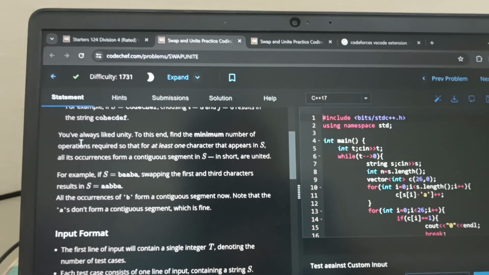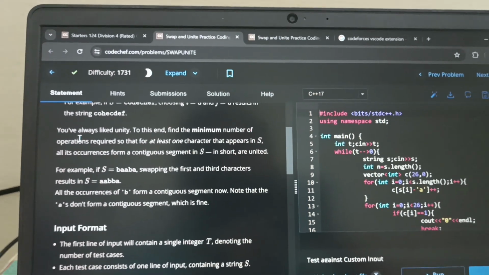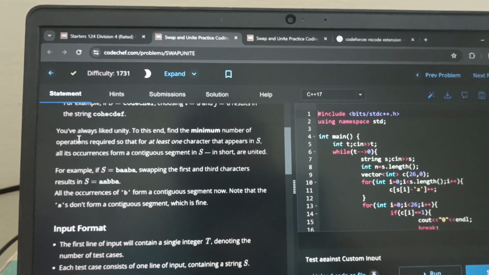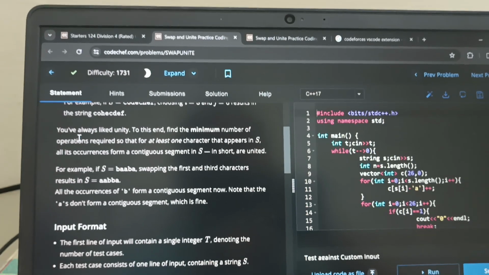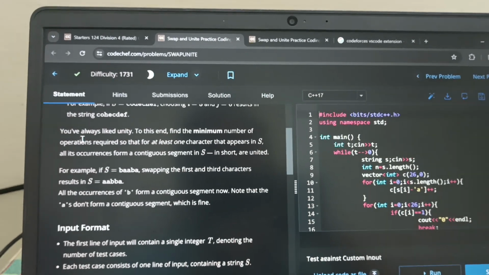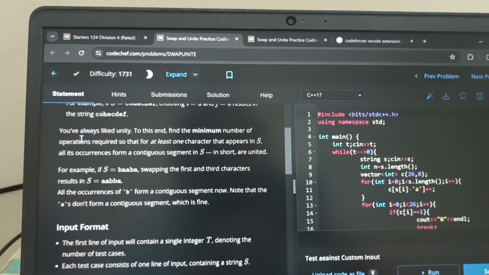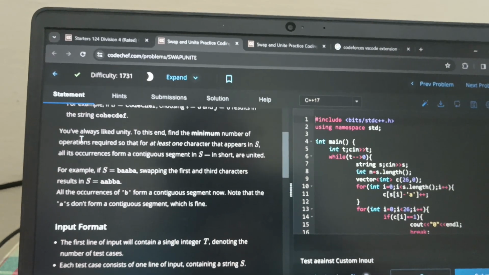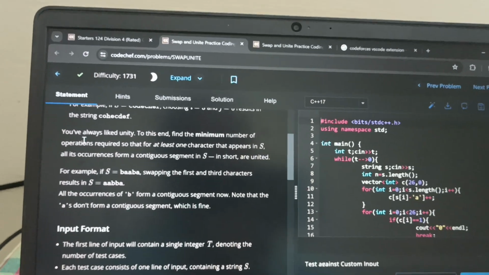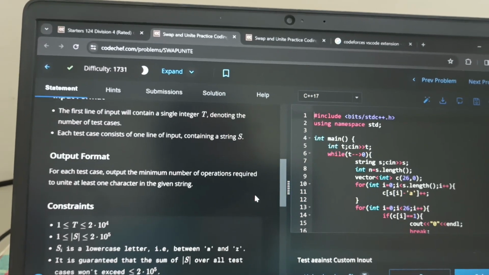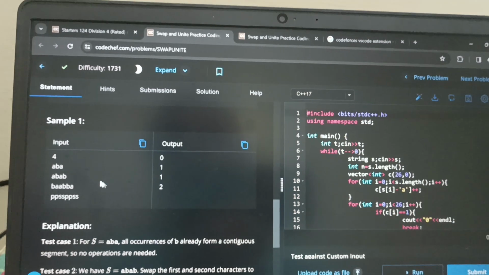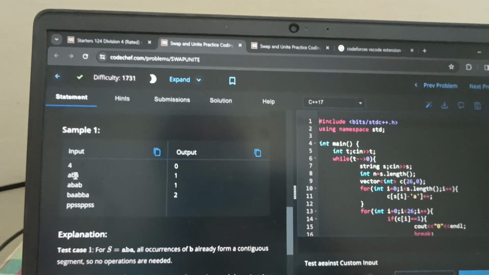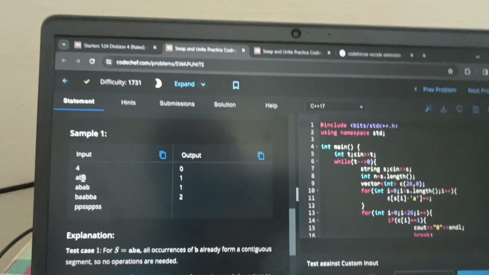to find the minimum number of operations required so that at least one character in that string should have all its occurrences in a contiguous segment in S. Suppose I take a test case like BA. Here all the occurrences of B occur in a contiguous